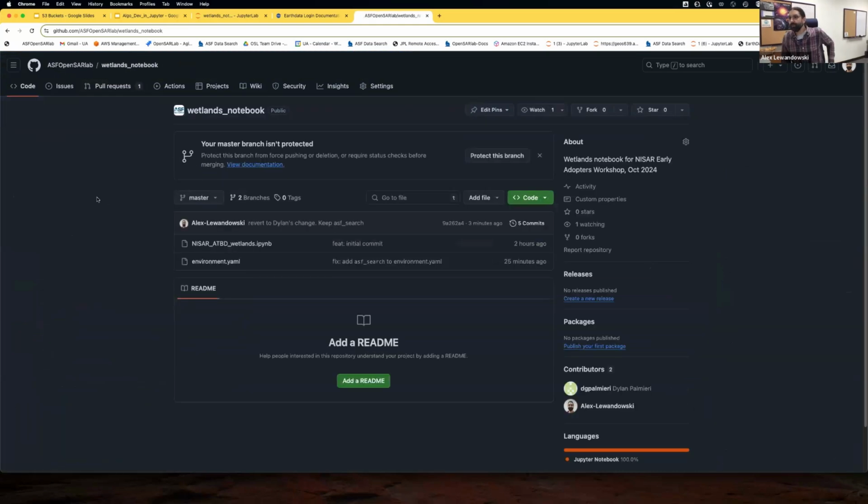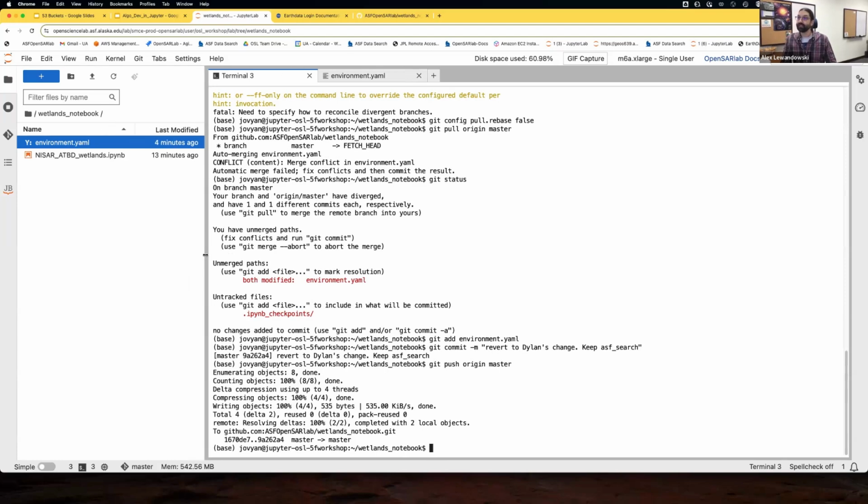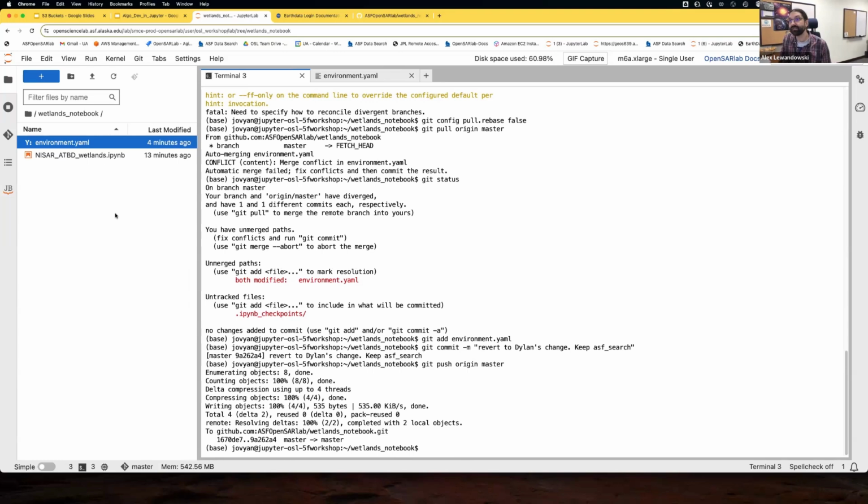Okay, so back in OpenSARLab here, we've now successfully handled that merge conflict, and the environment YAML is updated with ASF search. But now, let's say I wanted to add the pinned environment YAML, because it's nice to have a pinned YAML. If you're working on the same operating system as your colleagues, which in general, if you're in a JupyterHub, you probably are, a pinned YAML will build much faster because the